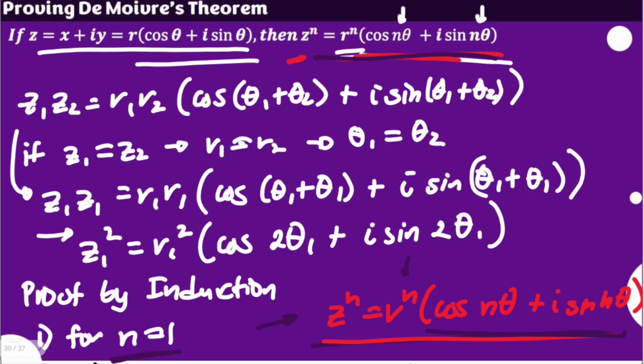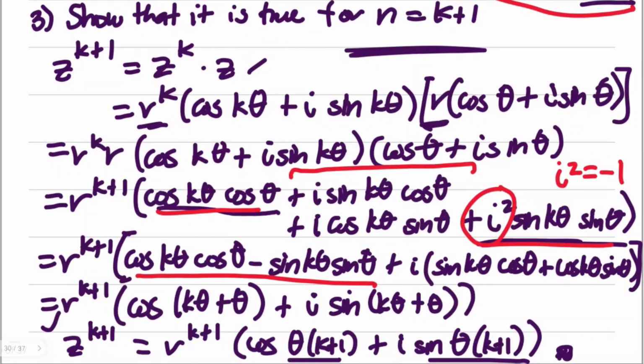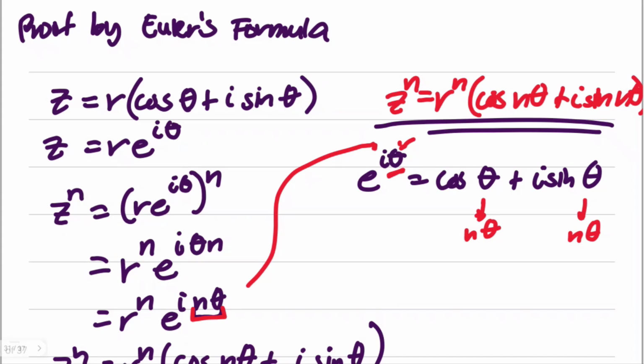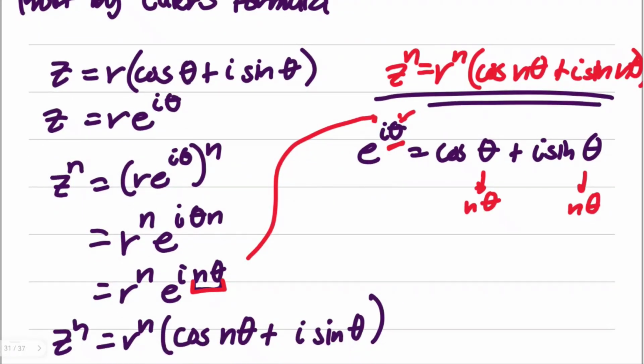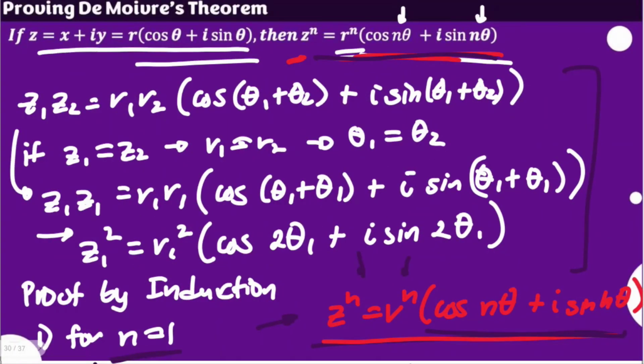But before that, I took a short review on the application of the product of two complex numbers. If we repeat that, so on and so forth, you will really reach this, and then later on provide the proof by induction, using some concepts and some difference formulas for theta. And you have here the other proof by Euler's formula, which is even shorter because we're just using the laws of exponents. Either way, we have proven that De Moivre's theorem is true, and we can use that in specific situations that involve powers.